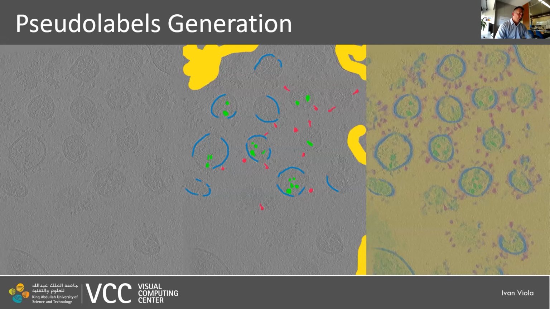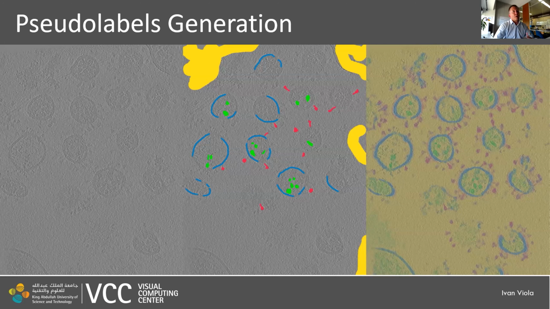So we use a tool called Elastic, in which we define what is foreground, what is background, and what is the foreground structure. So it is the internal lumen, it is the envelope, or it is the red spike protein. And also with the red, yellow color, you can see the background. And then you specify this. It takes you for one volume maybe something like half an hour, and then Elastic will propagate these masks. You provide it for the entire volume for all slices, and this will then be further propagated within the volume,